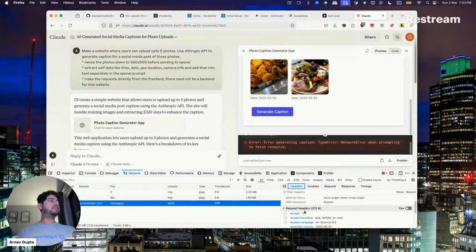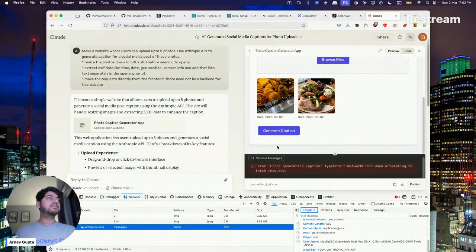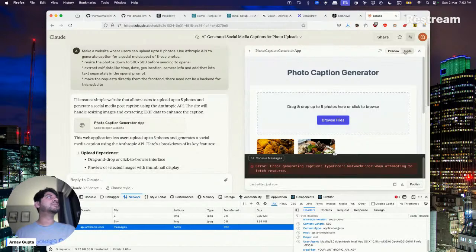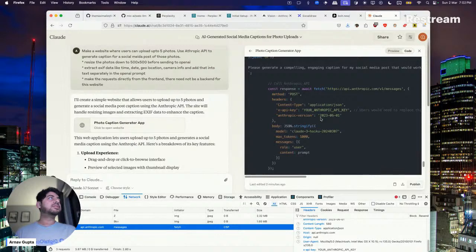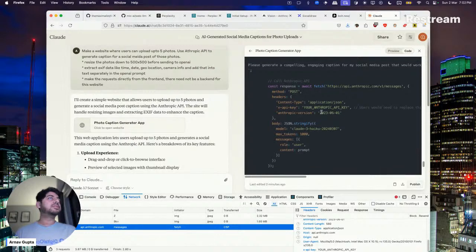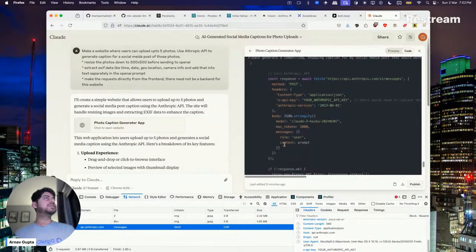It should have had at least an authorization error if my Anthropic key was wrong, but it kind of looks correct. You make a request here. It's probably not the latest endpoint though. I think it is called v1/chat now, not v1/messages.